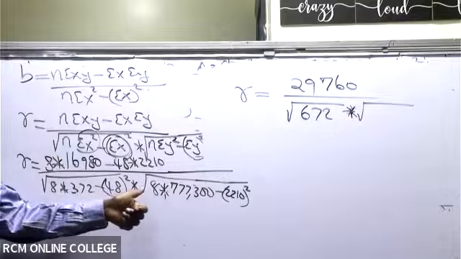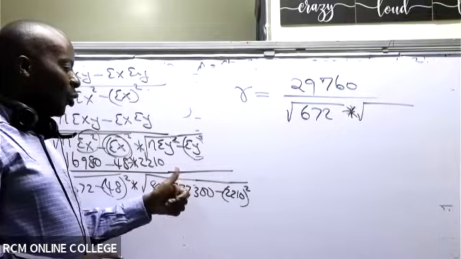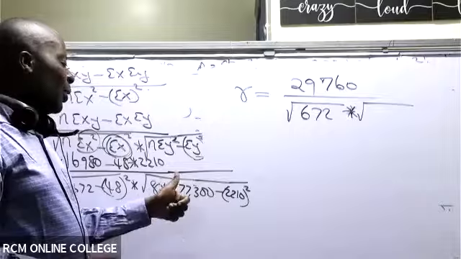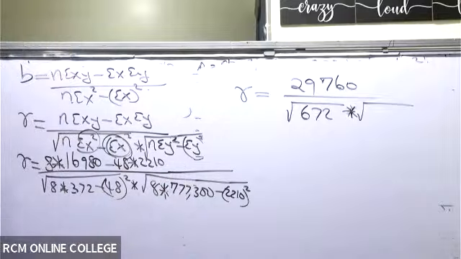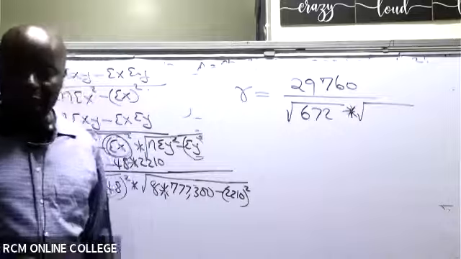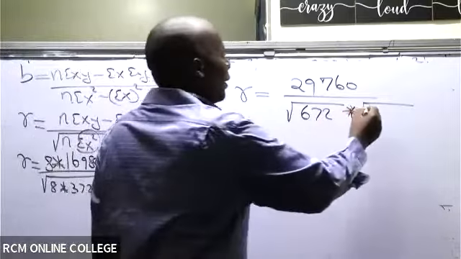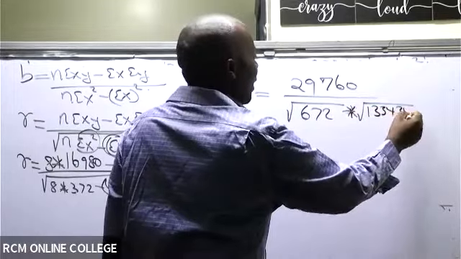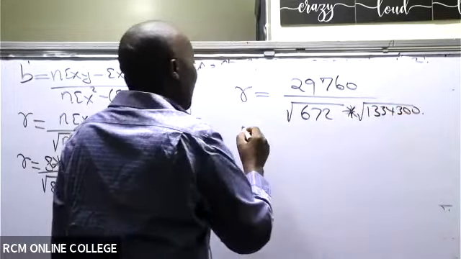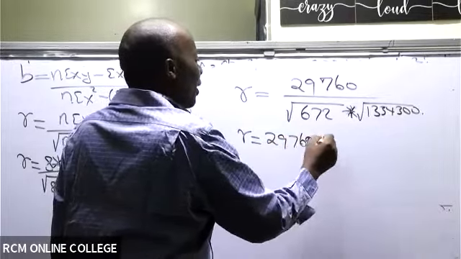So then here we have 8 times 777,300 minus 2210 squared. Some good ninja, give me this answer. 1,334,300. So in your calculator, to get this R, you'll say 29,760 divided by,